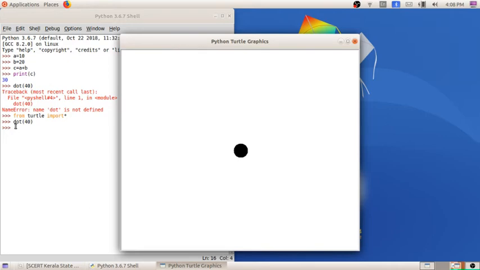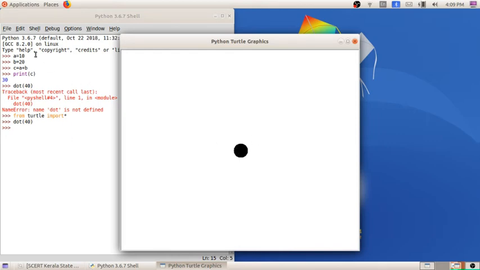The main merit of this Python graphics is that from the command itself we can identify what it means. You can understand it is related to a dot of size 40 plotted in a window. Here you can plot the dot of size 40.